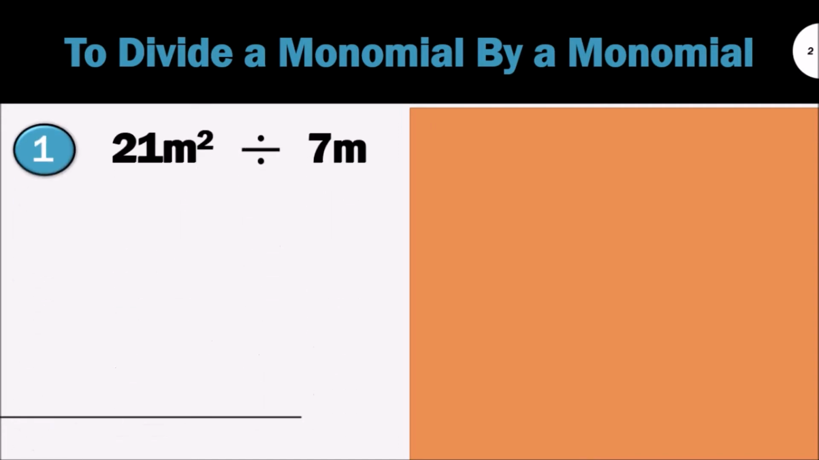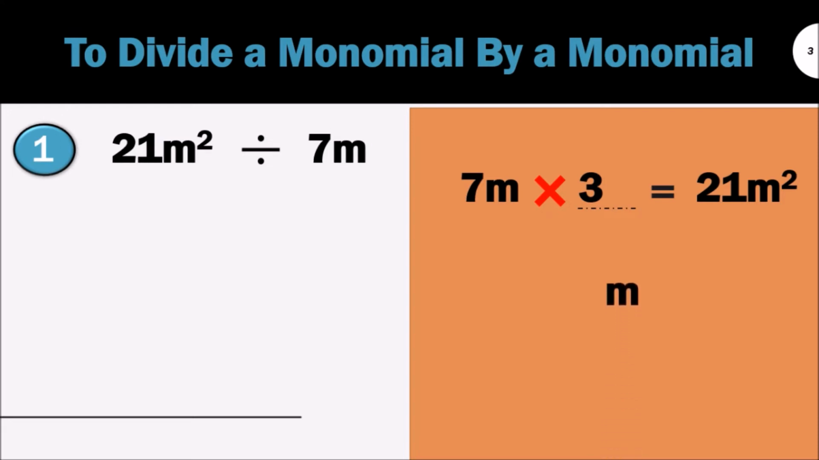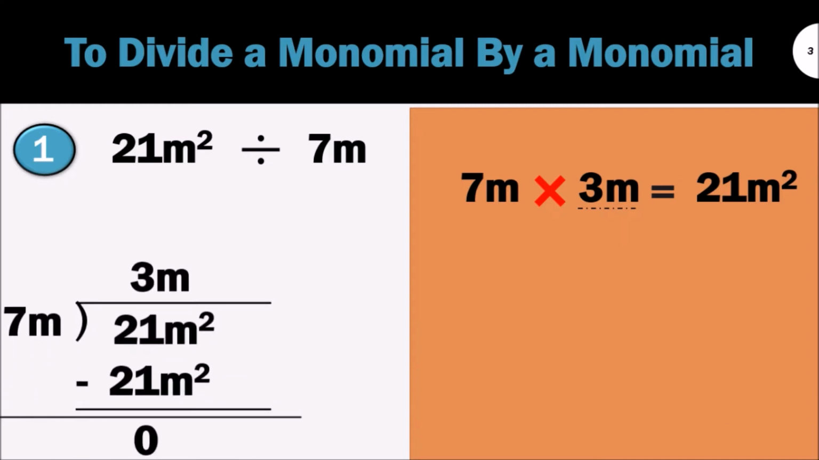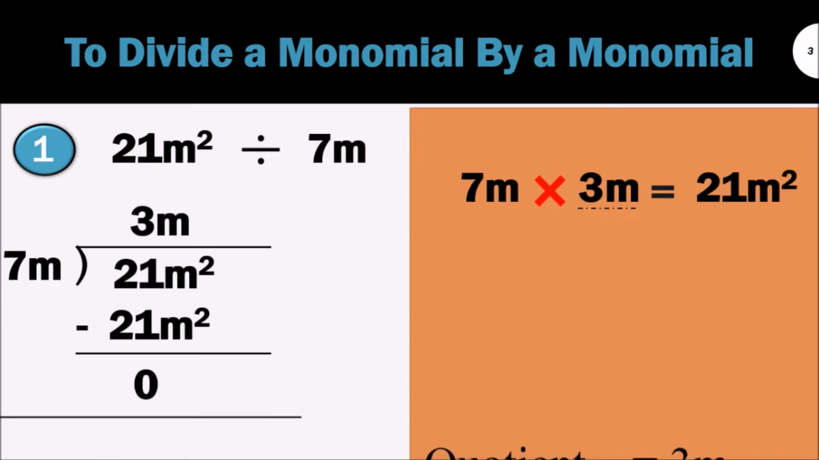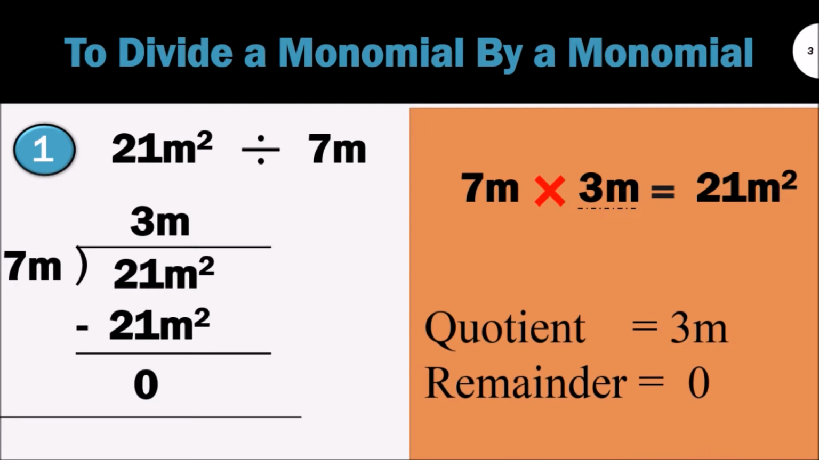Example number 1, 21m square divided by 7m. 21m square is the dividend and 7m is the divisor. If we take them in multiplication form, 7m multiplied by what equals 21m square? What multiplies 7 to get 21? Answer is 3. And m multiplied by m gives m square. Answer is 3m. Now see in division form, 21m square divided by 7m, the quotient we get is 3m and the remainder is